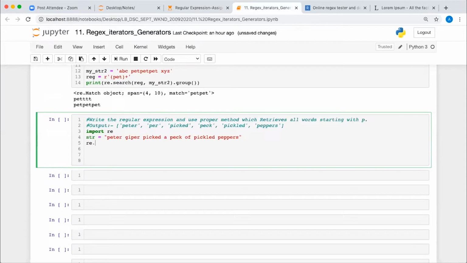Can we write directly re dot find all, because we need a list, right? Then what do we want? First the regular expression you want, and then the string you want, correct? Tell me the regular expression.